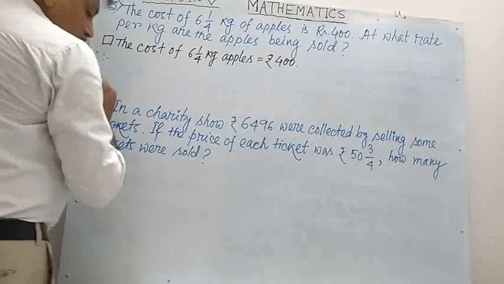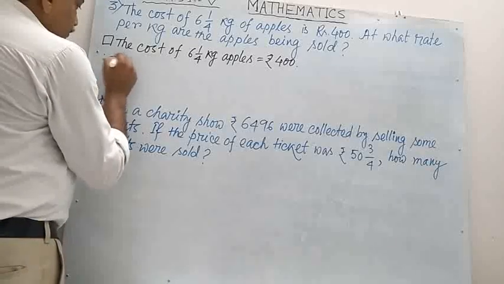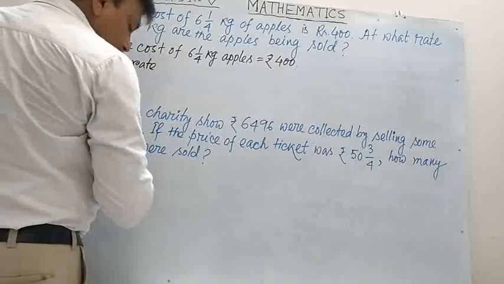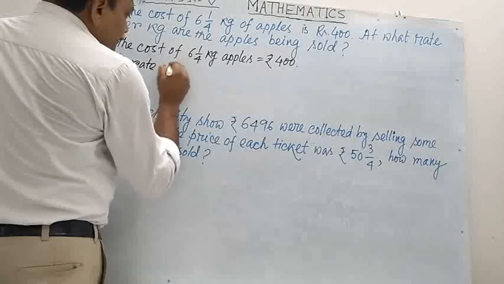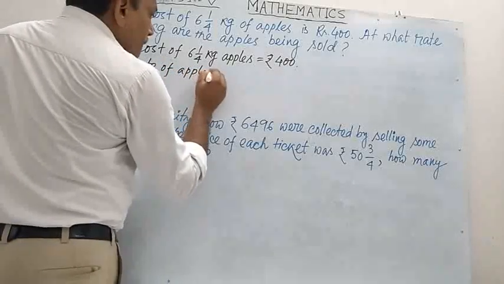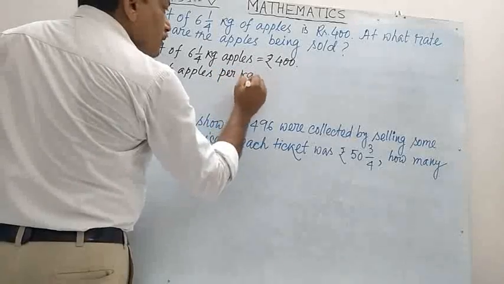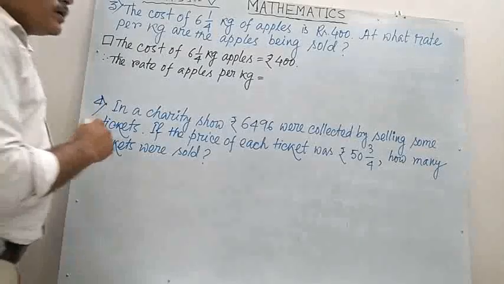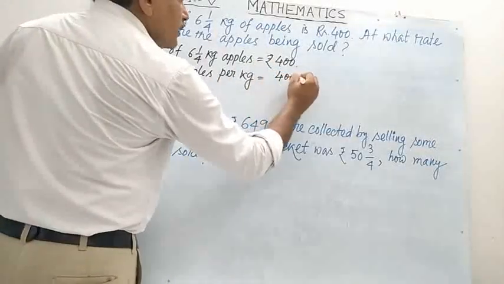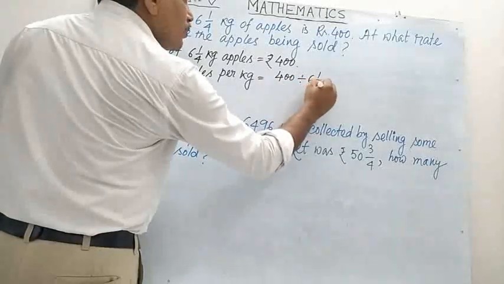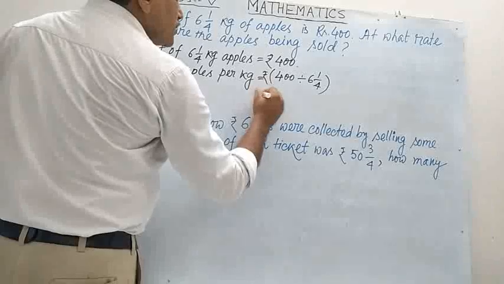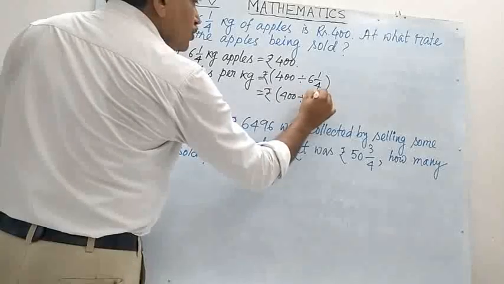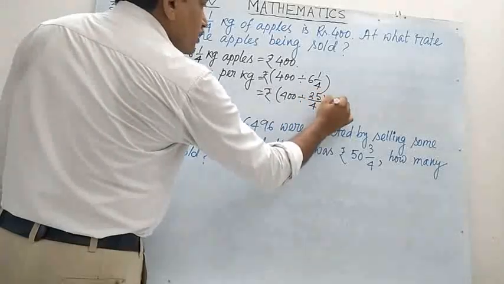Therefore, the rate of apples per kg, that is, we have to divide the total cost by total weight. So 400 divided by 6 wholes of 1/4, rupees 400 divided by 25/4, equals rupees